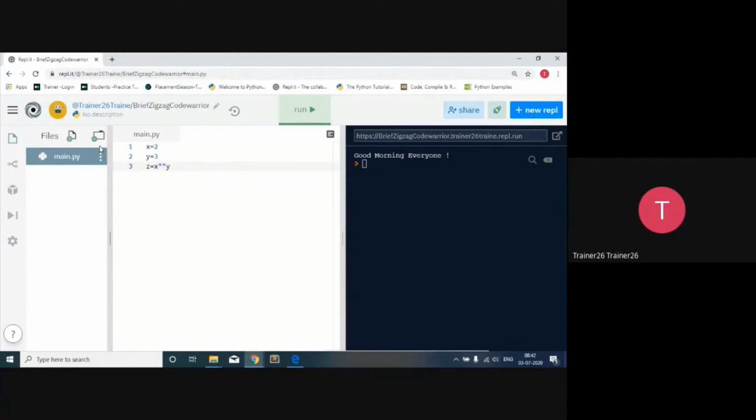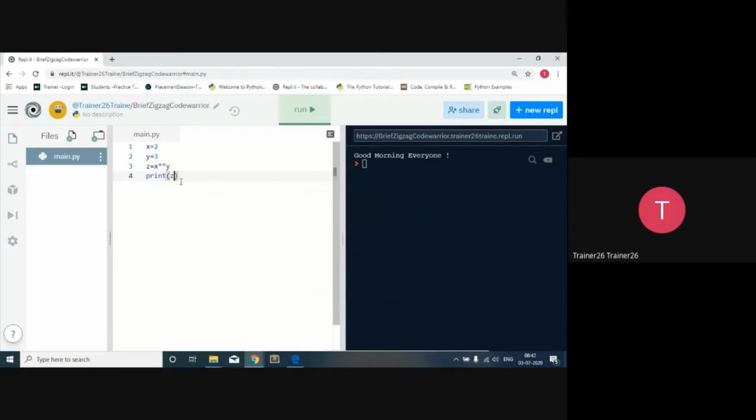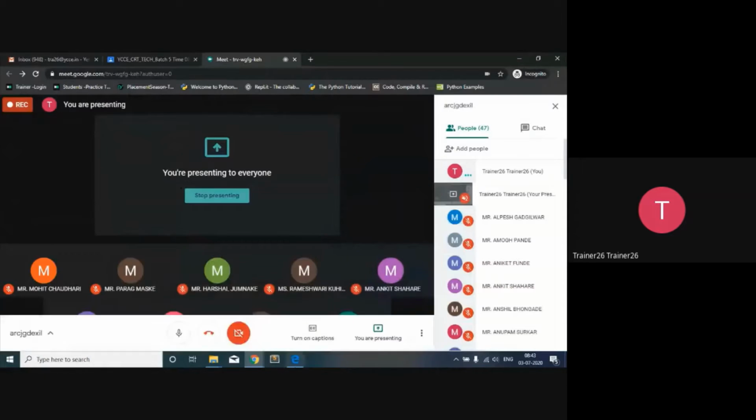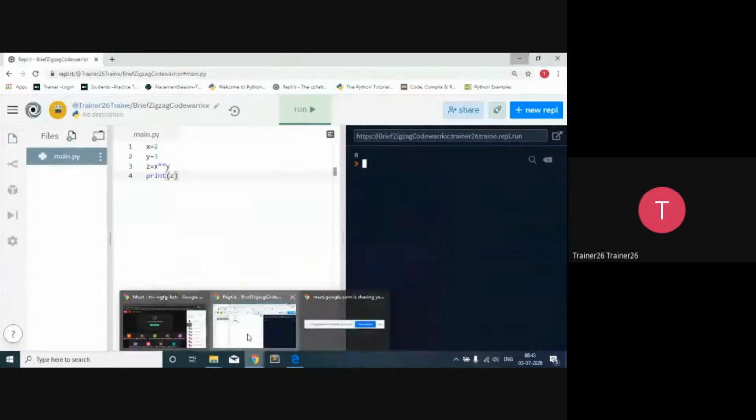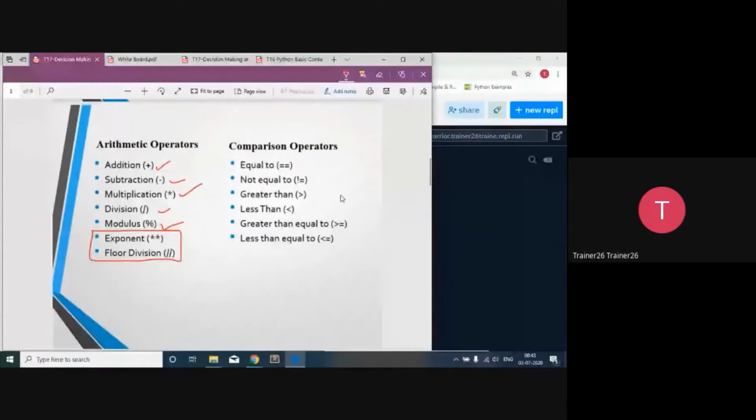In this way it will calculate, and then I will print z. So this is a program, and you can observe that it is going to calculate the exponential. Exponential means it will calculate this particular concept as 2 raised to the power 3. So it's going to calculate it.